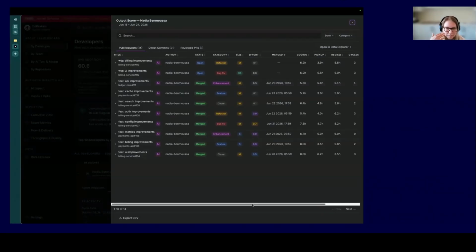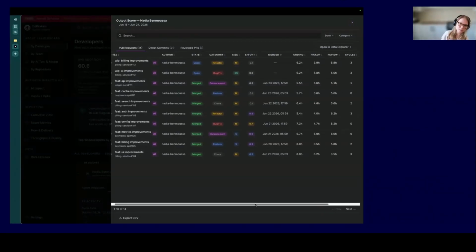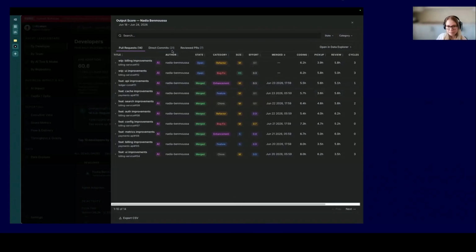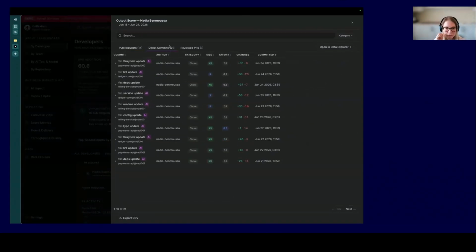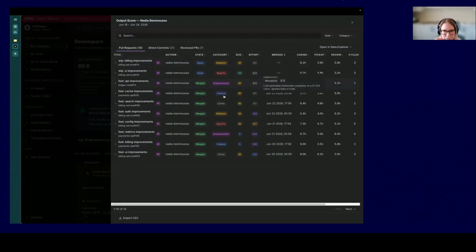We are looking at those PRs and commits that landed in the main, that are merged, and with each one of them, if you go to the pull requests, again, you can see that there is an associated effort. This is a heuristic that is derived from the changes themselves,